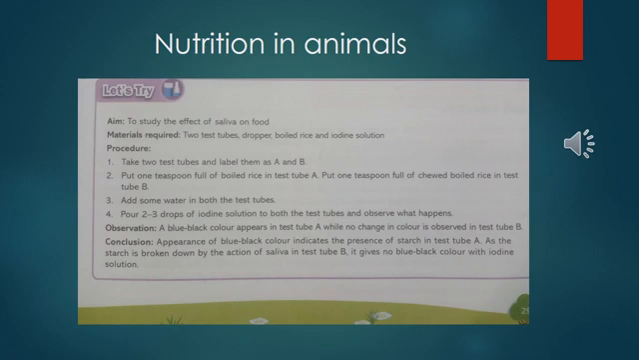Remember, students, in test tube B what did you put? Chewed boiled rice, and in test tube A simply boiled rice. So you can see in test tube A the color appears blue-black, but in test tube B the color is not changing. Why? Because the blue color indicates the presence of starch in test tube A,